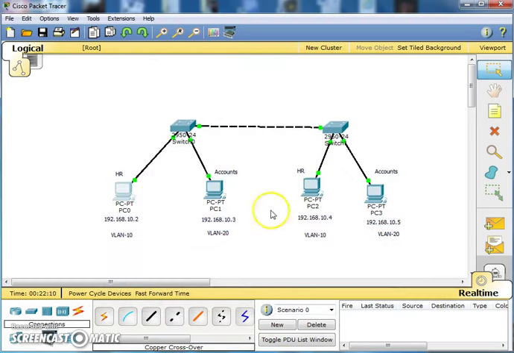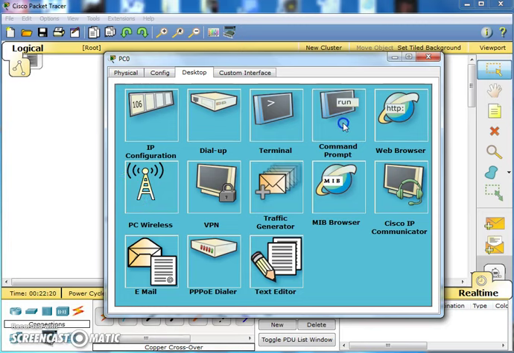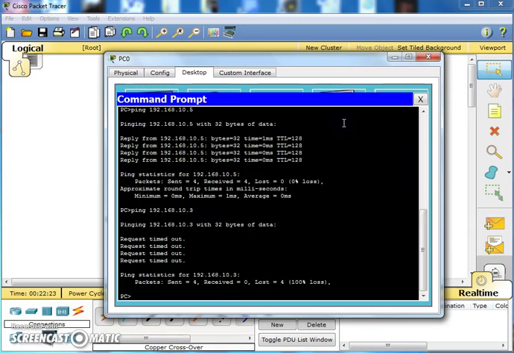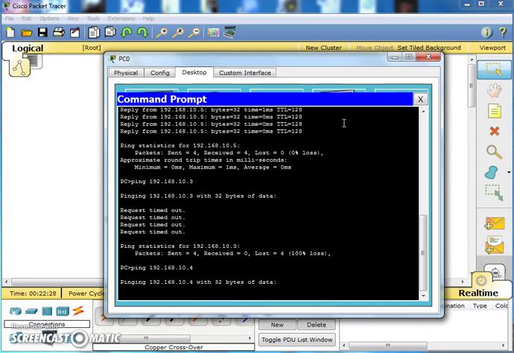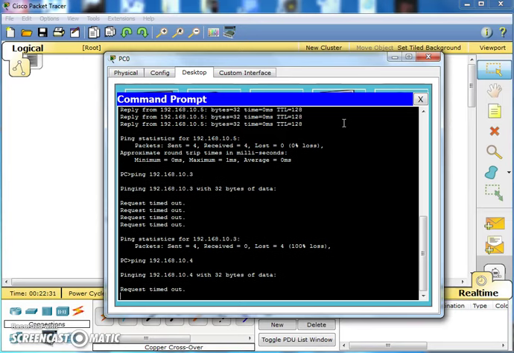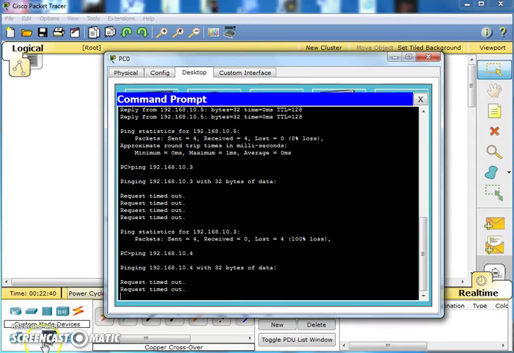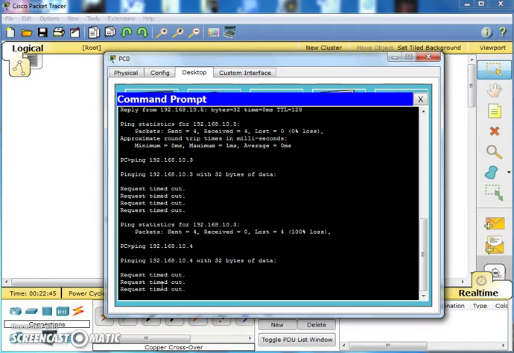But now you should be able to ping VLAN 10 to VLAN 10, which is 2 to 4 and 3 to 5. Let's try. Okay, ping 2 to 4, right? It should be working, but it takes a while. Yes, there is one point we missed out. We will have to put up a trunk. All right, the trunk